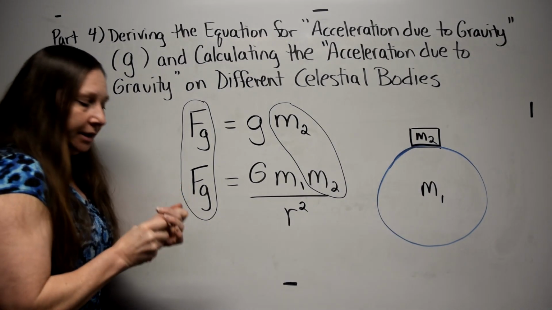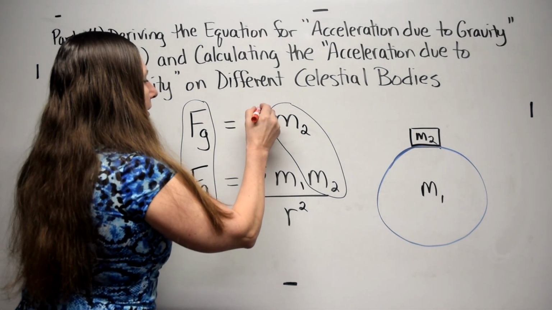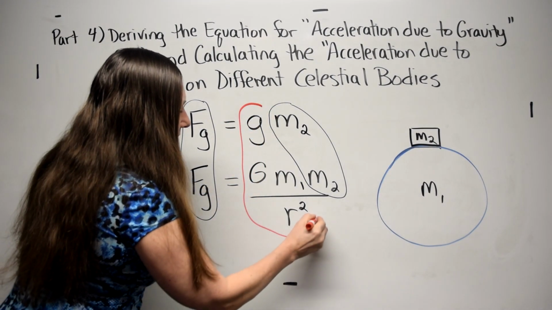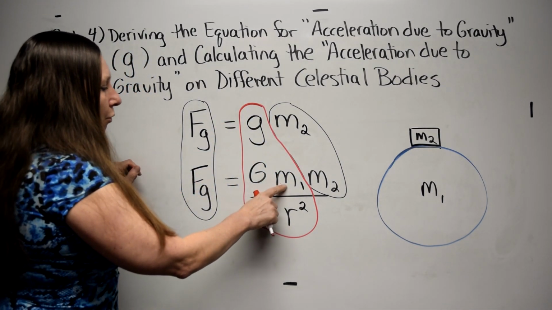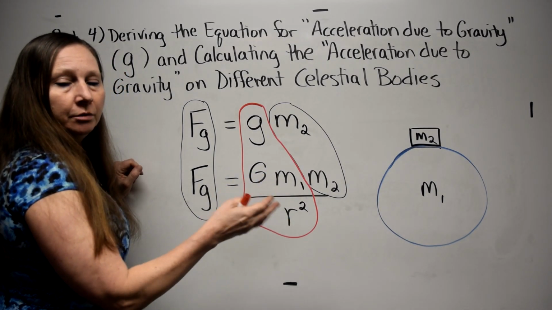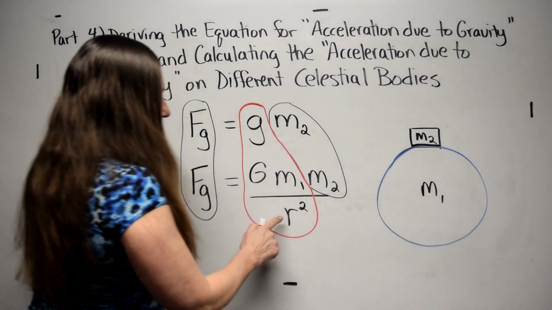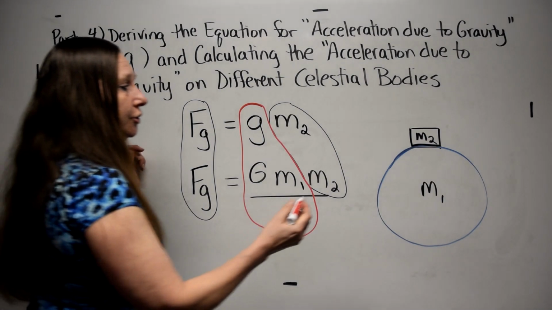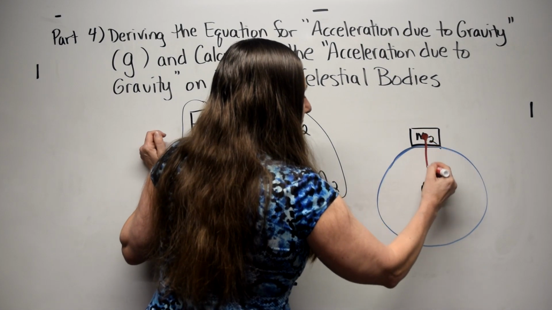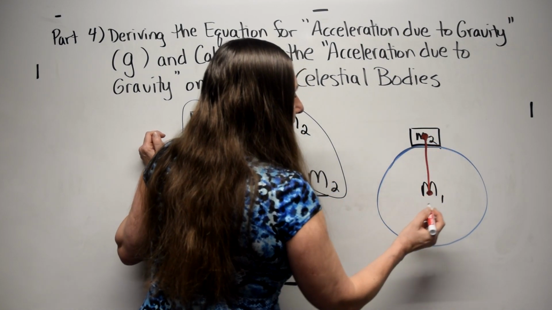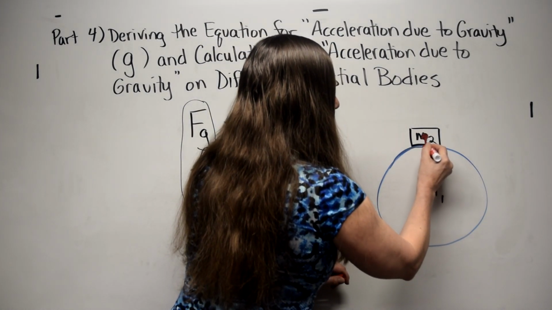And so what that means mathematically is that this g is equivalent to big G m1 over r squared, where m1 is the mass of a certain planet, r is the radius of that planet, because technically r would be the distance between the centers of the two objects. But when you're talking about a distance that extends from an object to the center of a planet, for the Earth, for example, the radius of the Earth, that's here to here,